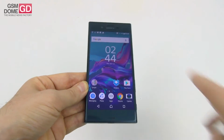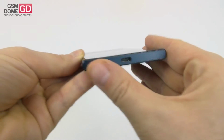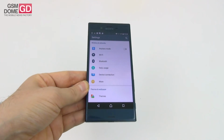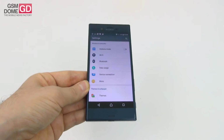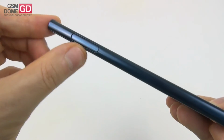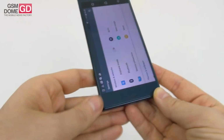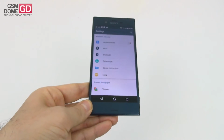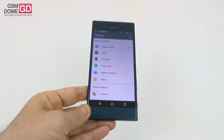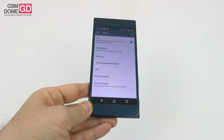Now when it comes to the connectivity side, we get the usual package with USB Type-C here at the bottom. There's Wi-Fi a, b, g and ac. Also the phone comes in two versions, single SIM and dual SIM. We have the single SIM one with a nano SIM card slot here that's very easy to remove. It does not require a key. Simply you pull from here, the tray comes out and the phone has to be restarted, and then you place the nano SIM inside. There's LTE category 9 here, HSPA+, there's also GPS, GLONASS, NFC, Android Beam is supported, there is